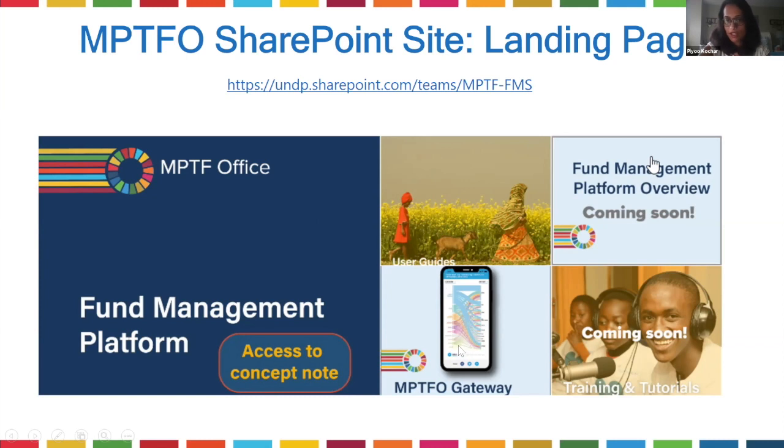The NPTFO gateway, the small square, takes you to the website version of the NPTFO gateway, where you can see the inflow, outflows of resources, other relevant documents, guidances that have been uploaded. For example, the COVID-19 fund has uploaded the gender equality marker guidance that has been issued, that also has been referenced in the webinars that was held yesterday and that will be held today as well.